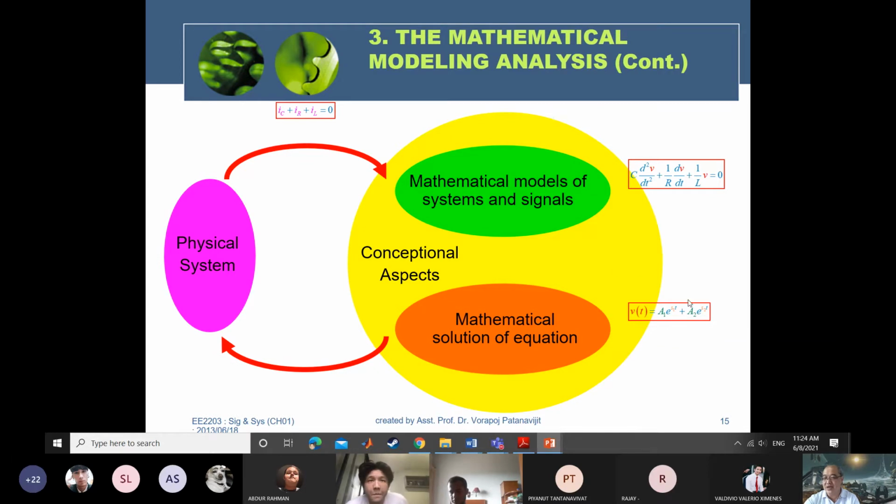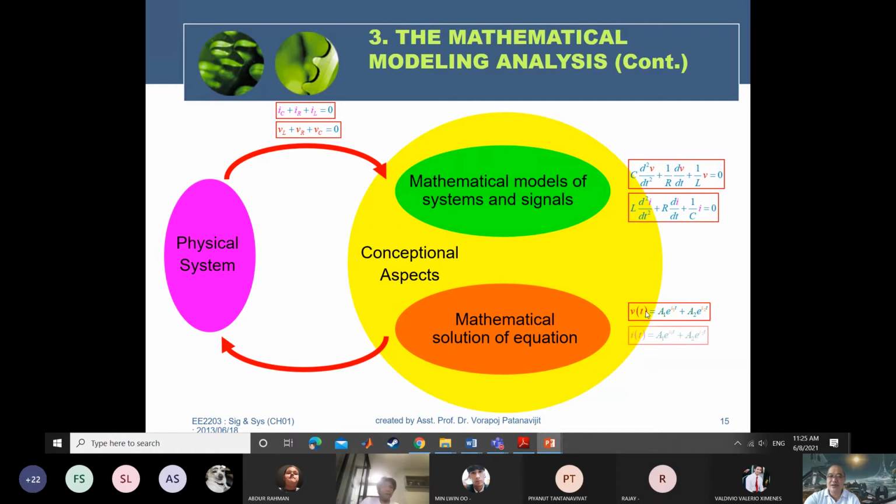After you get here, you can see that you formulate the first step in the current, but after you simplify, the equation is in terms of the voltage. You solve it in terms of the voltage, the capacitor voltage. After you solve it, you interpret it. The quantity you are seeking, the key response of the circuit, is the capacitor voltage. For the second case, if you have the RLC circuit in series,